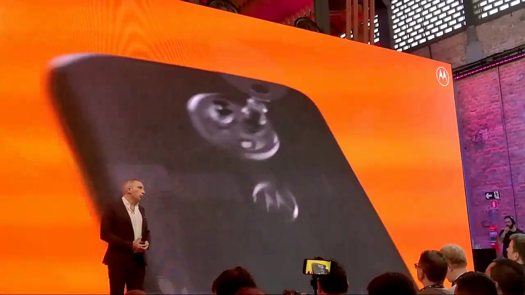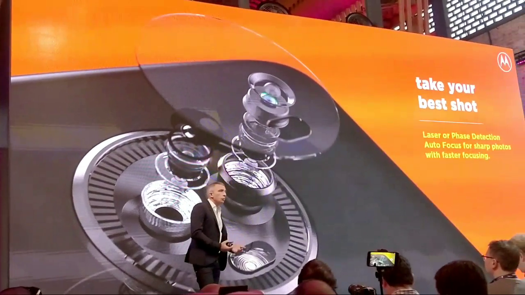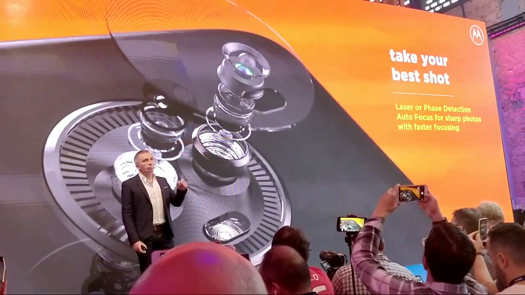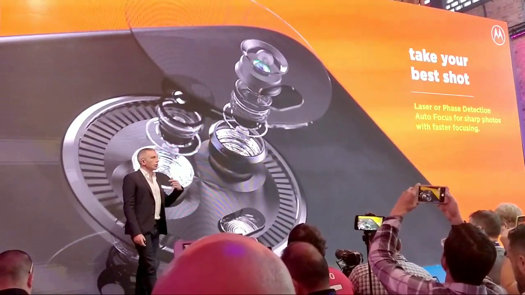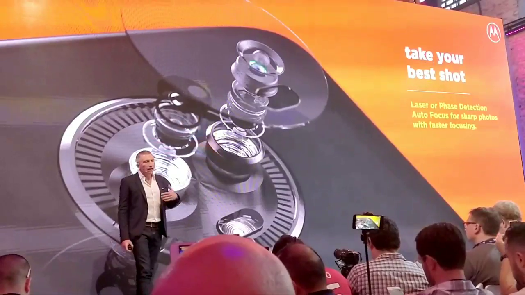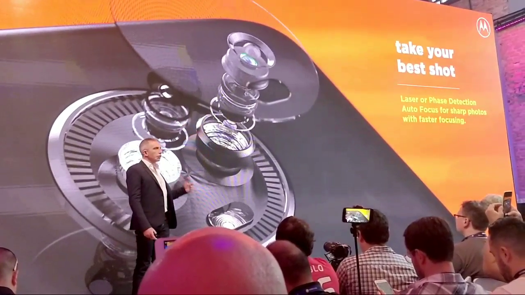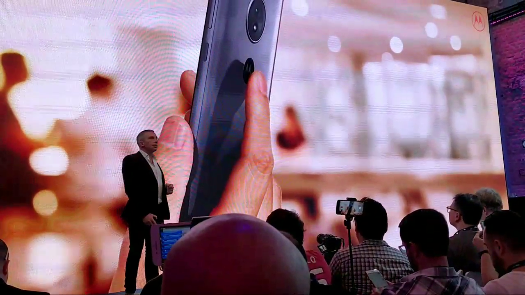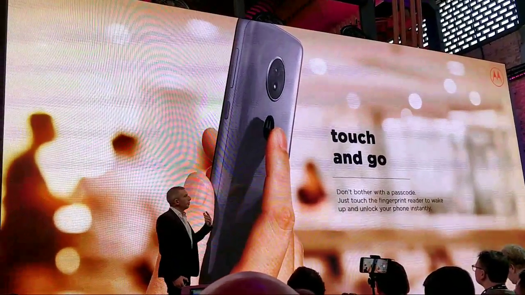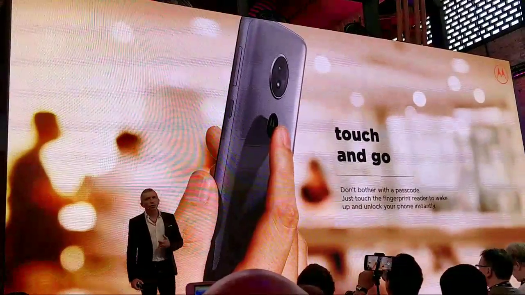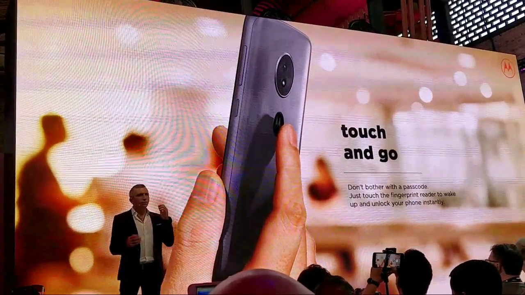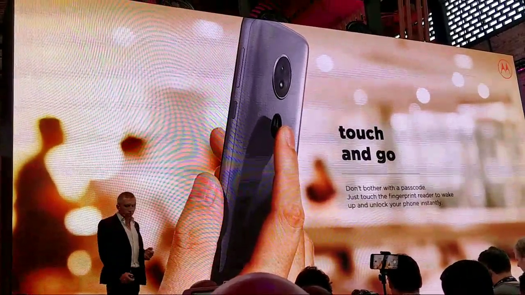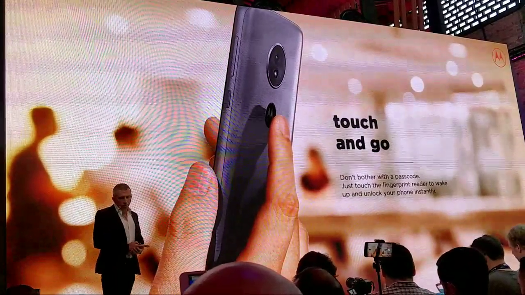Even the camera has been improved on the Moto Es. It's not because the device is more affordable that you should be taking blurry pictures. So we wanted to concentrate more on the autofocus and make it faster and more accurate. This is why we have included a laser autofocus on one and face detection autofocus on the other on the Moto E. Last but not least, fingerprint sensor. We put it on the back, very convenient to access with your finger when you hold your device. It's very fast, very accurate and very secure, so you will be able to unlock it by just touching your device, and that helps the whole thing.